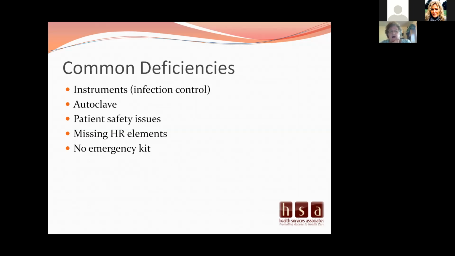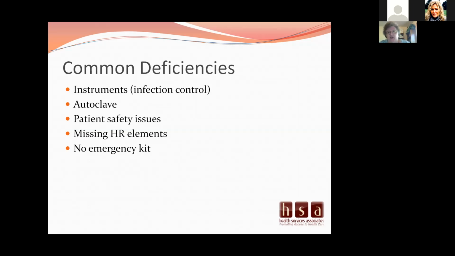Okay. Autoclave, that is another one that will get you deficiencies. If you have one on the premises, then you need to have the manual, the manufacturer guideline manual. And if it's so old that you don't have the manual, Google the machine with the serial number and print a new manual. And then you are expected to follow an autoclave according to the manufacturer's guidelines. So if you have an old autoclave and you use it periodically, make sure you have manufacturer's guidelines, because they can pull it up in Google too.